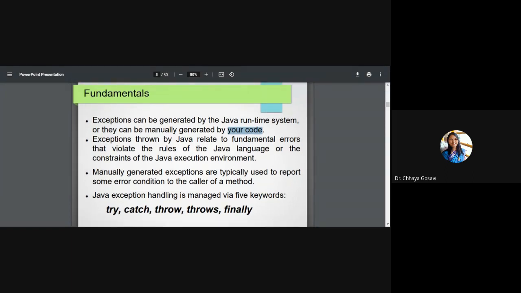Exceptions thrown by Java relate to fundamental errors that violate the rules of the Java language or constraints of the Java execution environment. So the code we have seen so far contains some examples of exceptions. These are examples of exceptions handled by the Java runtime environment. In our code, we haven't used try or catch, or handled those exceptions. These are handled by the Java runtime